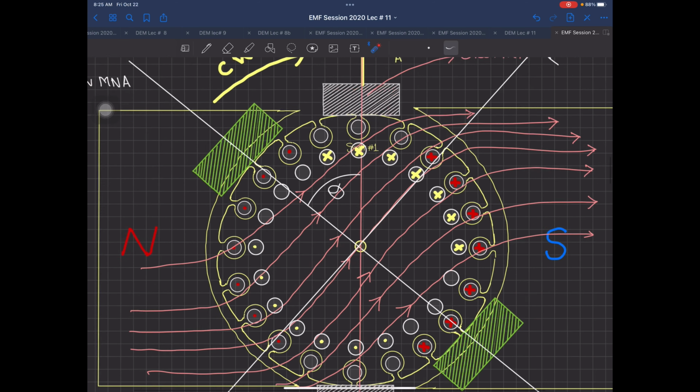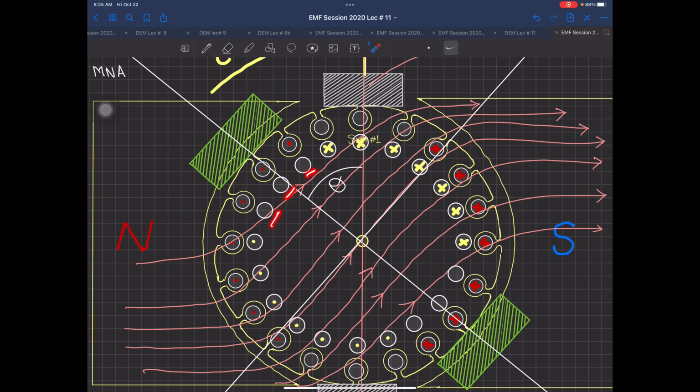So you can see very clearly over here that these three conductors are empty. Now these three are empty since they are all in series of windings or whatever, but the problem here arises over there. These three conductors are now having a cross over there. Why? Because the magnetic field has changed its orientation. Now these three are going to be short circuited by the carbon brush over there, because the carbon brush size is very large. So what will happen? It will short one or two or maybe three commutator segments, and if your M is equal to 1 or M even equal to 2, your coils are going to be short circuited.